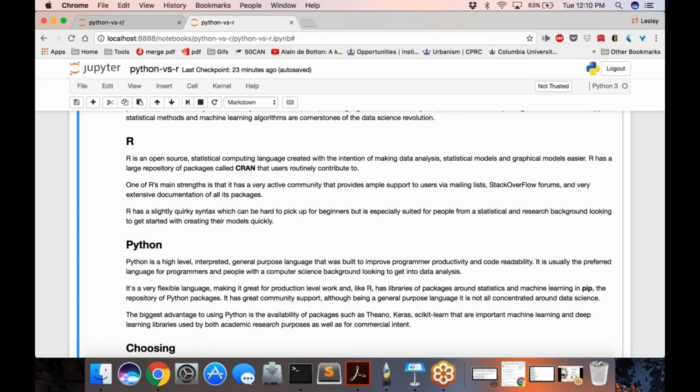So this is the perspective from which R and Python were built. So very different ones, but ultimately with similar goals of making tasks computational.